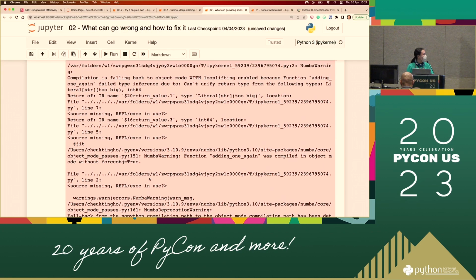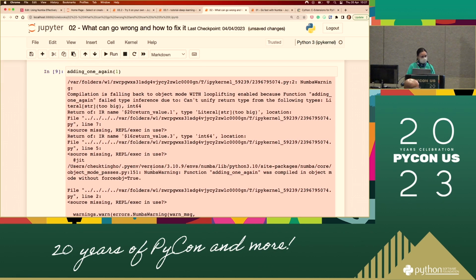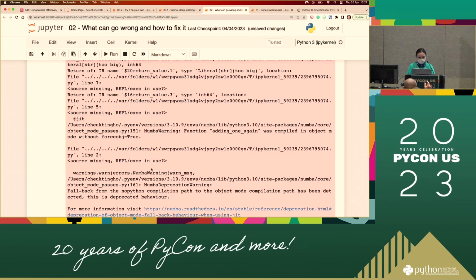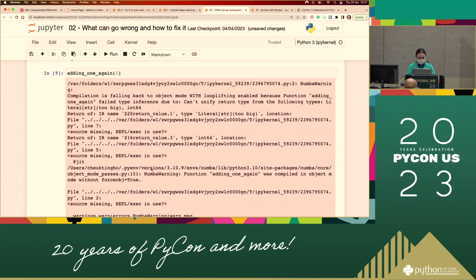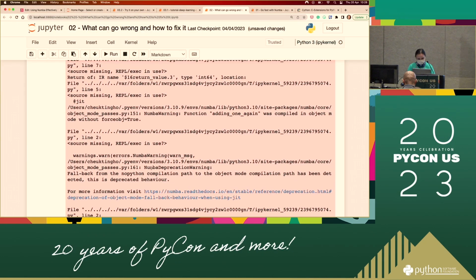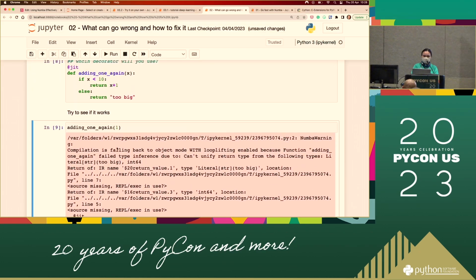Mine has a deprecation warning. You have a deprecation warning? Oh, there's one there too. You have to add force object equals true. I think that's what it's saying. There's a Numba warning as well: add one again was compiled in object mode. If you add that parameter to the decorator, the warning goes away.